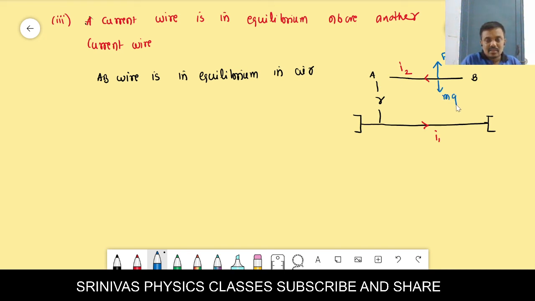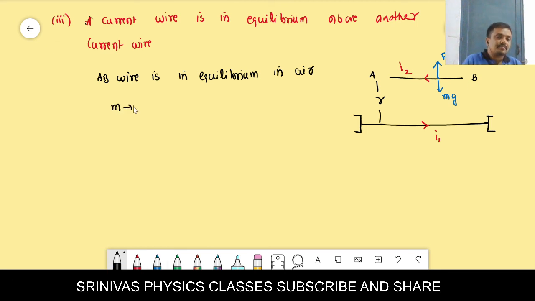Because of gravitational force. Now this AB wire rests in air when the gravitational force on the wire is balanced with the electric force. It is exactly at rest without supports. No support for this, right? There is no support, even though it will stay in air because of the repulsion force of the lower wire. Yes, when that repulsion force is balanced with the weight, then at that moment it will be at rest.